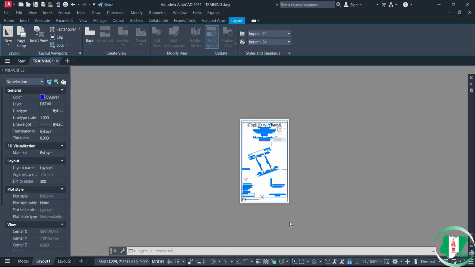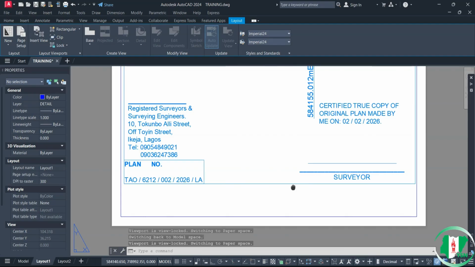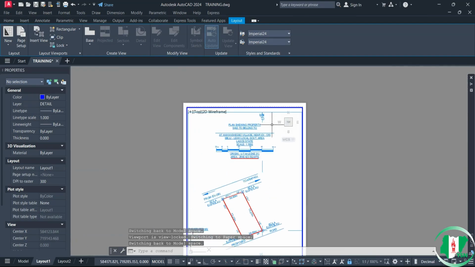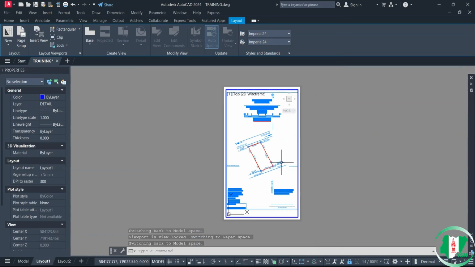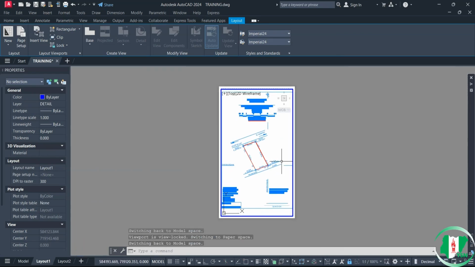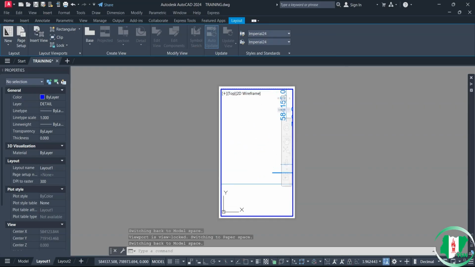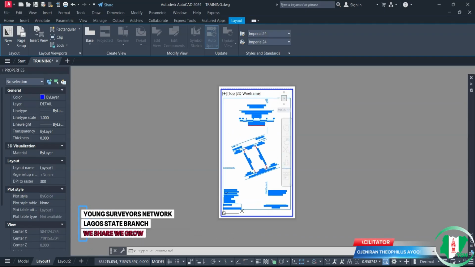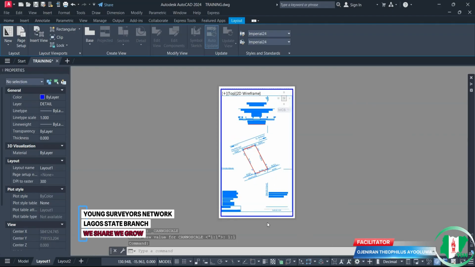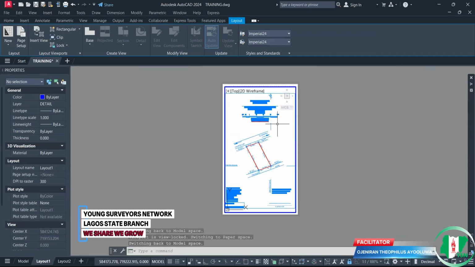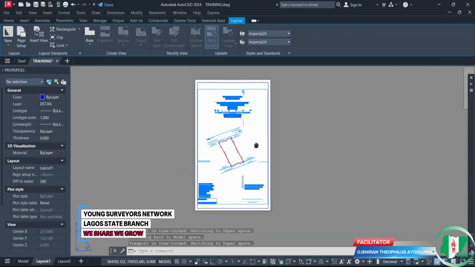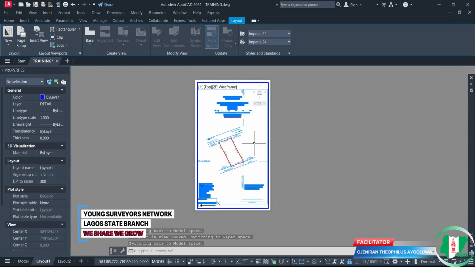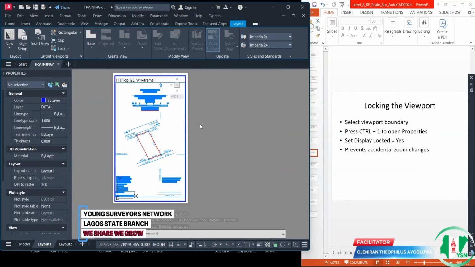So I will lock to check. Good. I have it all inside now. Both sides are inside the frame now. So I can as well drag it down a little. Make sure it's well centralized. Good. Oh, a better view now. So now we have been able to successfully link the